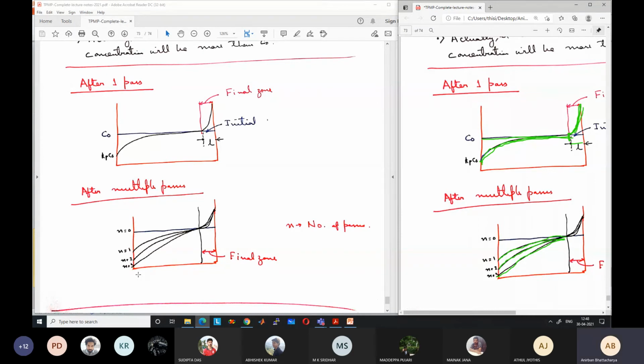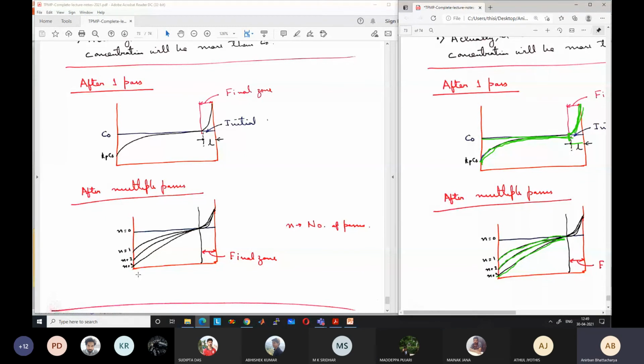Very easy to answer. This type of question you can expect in the final exam. Let me repeat again. The initial concentration of impurities in the solid is 10%. Okay, so C0 is 10% or 0.1. After one pass, with a partition coefficient of 0.1 for this process, what will be the concentration of the impurities? One line answer: 1%.